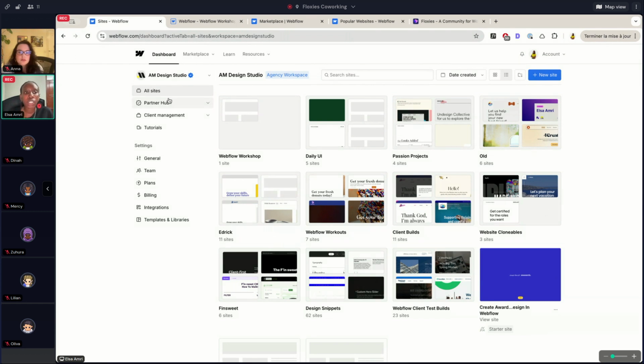And then on the left here, you have a couple of different tabs that you can navigate around. So if you're already a Webflow partner, there's a partner hub tab where you can get more details on your progress as a Webflow partner. There's a client management tab, which is actually really new. I think it came out last week. A way of billing clients, etc. So that's if you